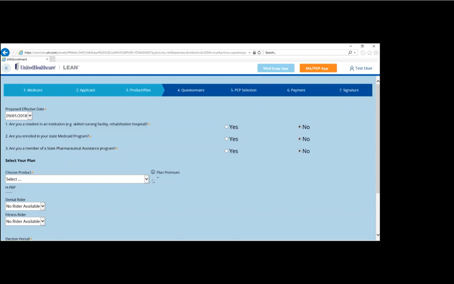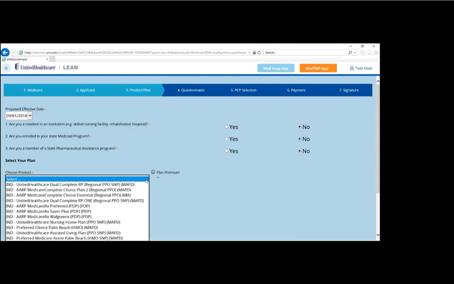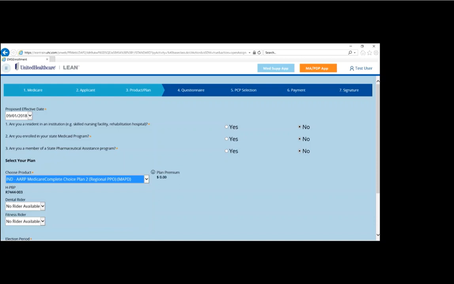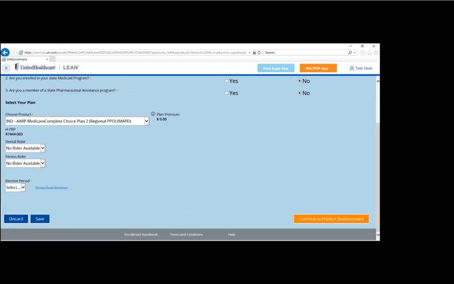The product field will display products for the zip code you entered on the applicant info page. For today, I'll be selecting the AARP Medicare Complete Choice Plan 2 Regional PPO. If the chosen plan has riders, the rider options will change to select and options will be available in the drop-down menu. When you are using LEAN while online, LEAN will automatically provide available election periods which are determined for